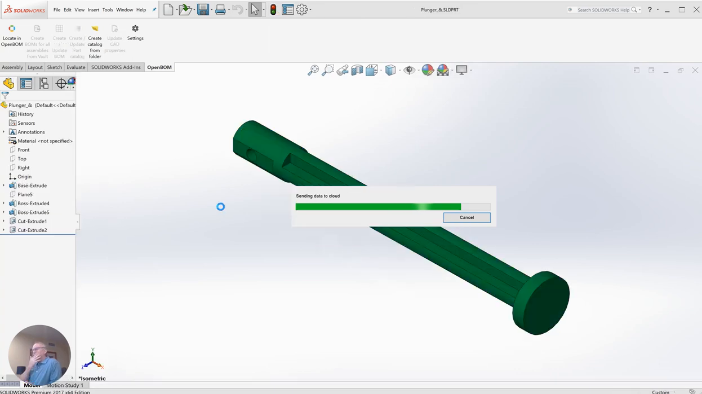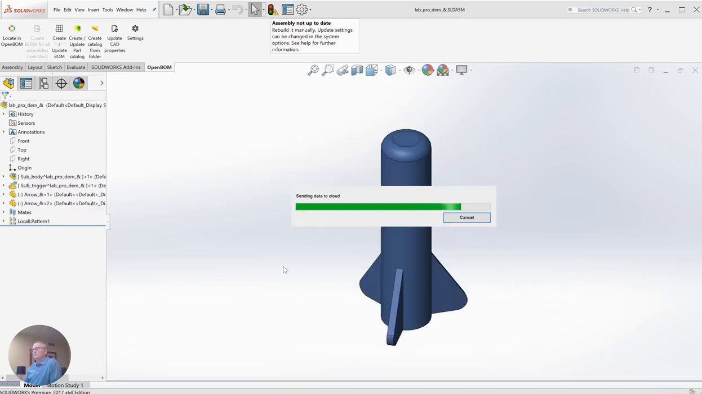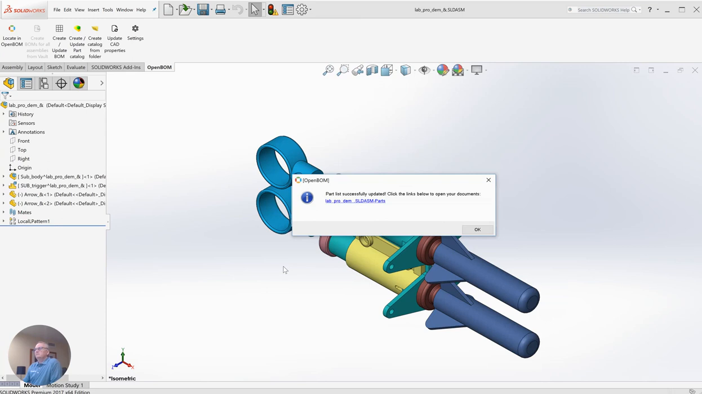So everybody recognizes the value of having those PDFs out there somewhere in the cloud so you can share them easily with other stakeholders. So OpenBOM creates my parts list bill of material,